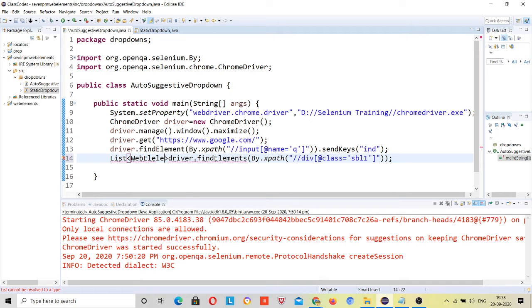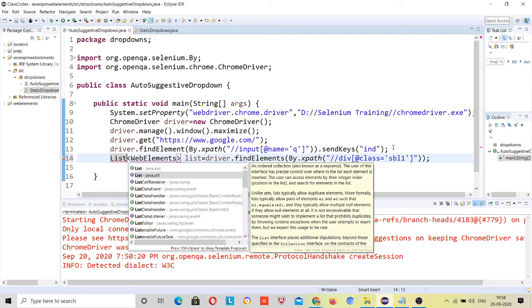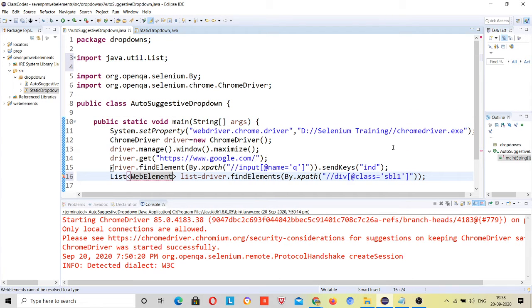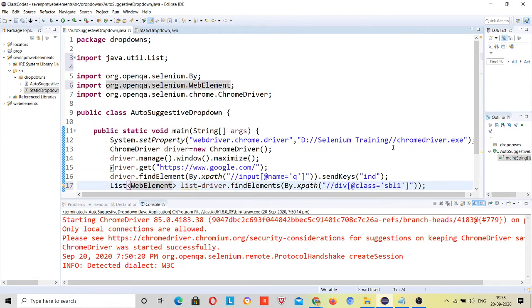List of WebElement, elements list. To import this list, import the java.util package for it, and then the WebElement class, right?